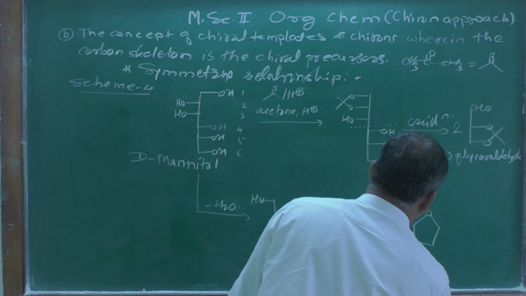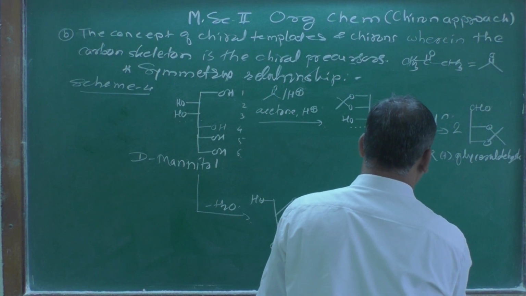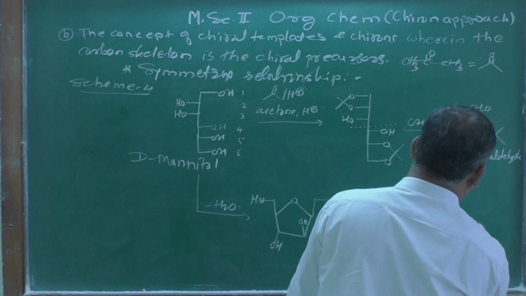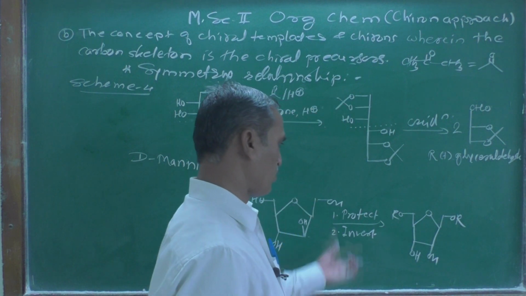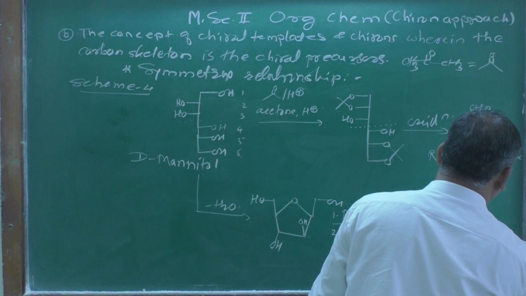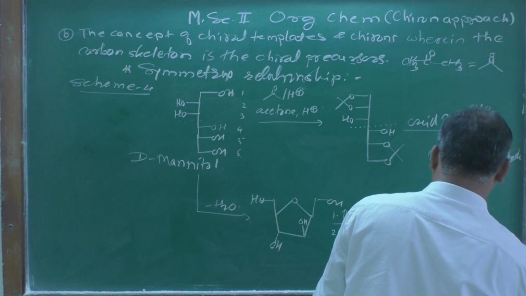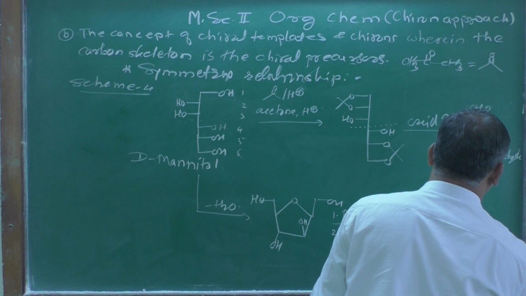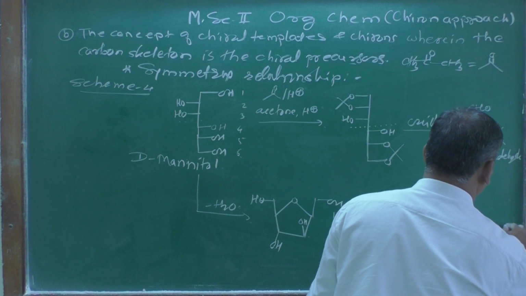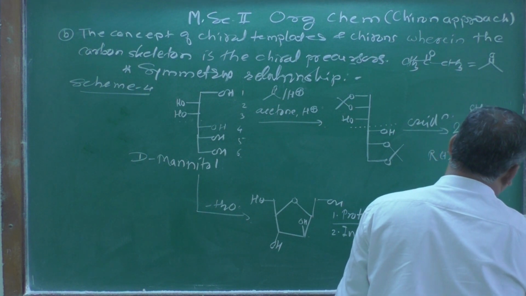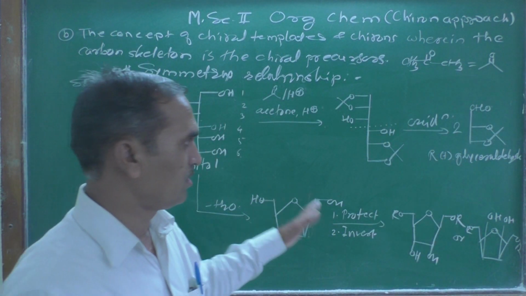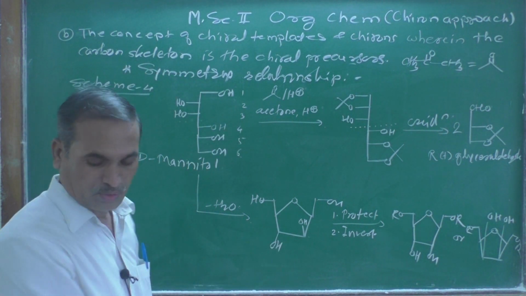You may get here OH, then here OR, this hydroxy group, the primary alcohols, get protected over there. You get this, or you can write this structure in another way like this. Here this OR and this OR are protected, and this OH, you can show both the hydroxy groups are coming on the same side. So in general they are the L sugars, right?